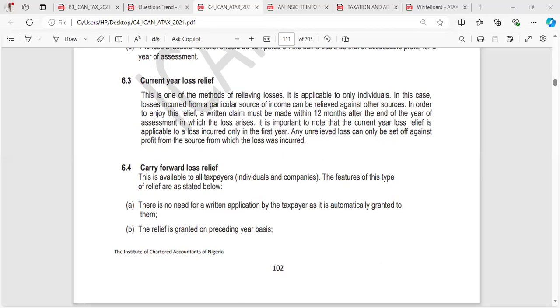Then what happens to the 2 million? The 2 million now will be taken to the next year. But you see, that 8 million was used to relieve from all the other sources of business. But you see that remaining 2 million, it